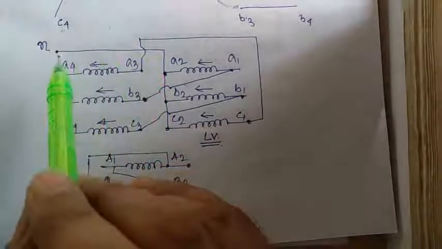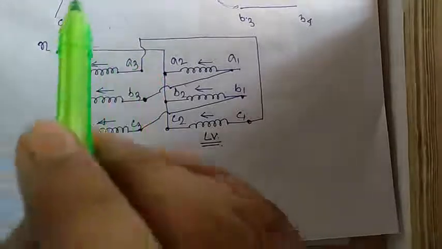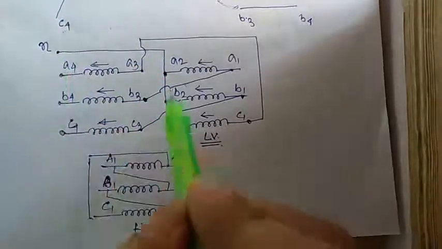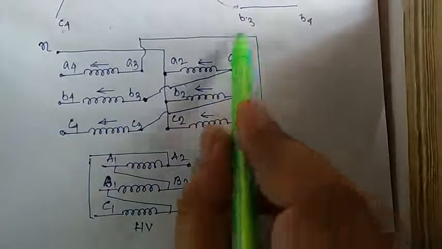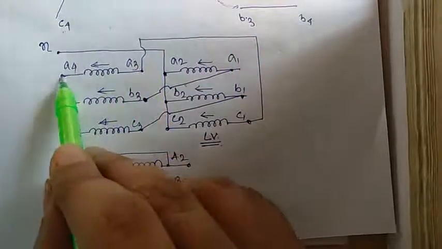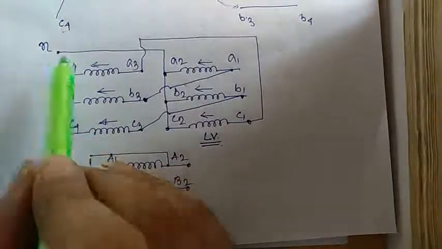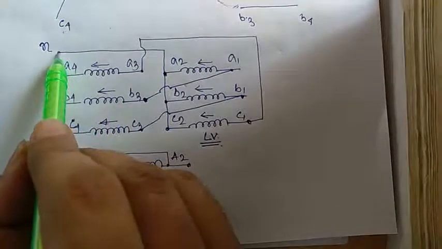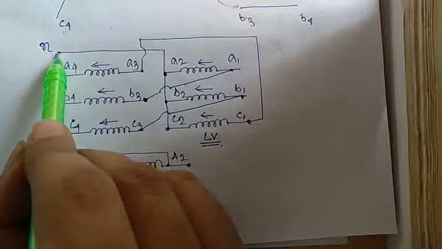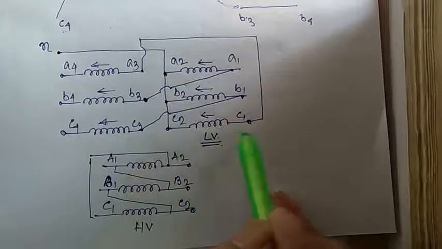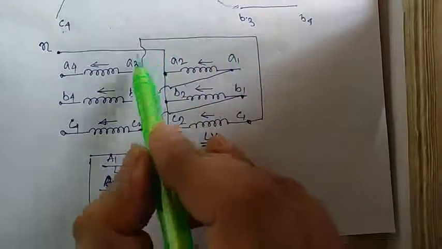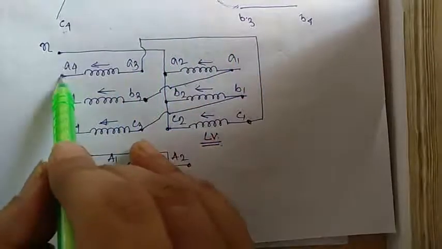If you go through the path from neutral N to C2, then C1, then A3, then A4,